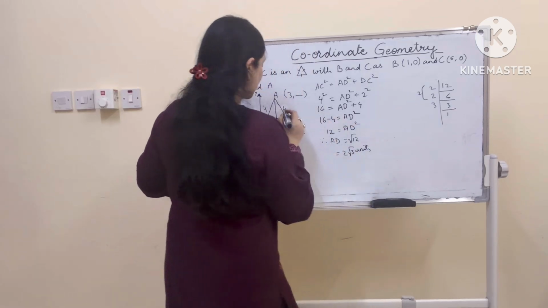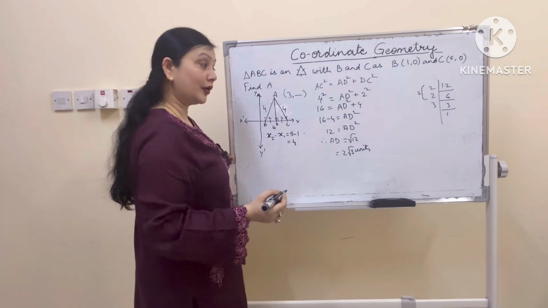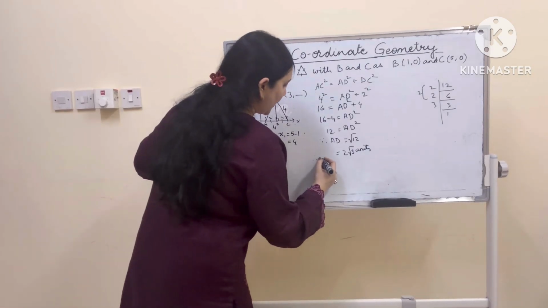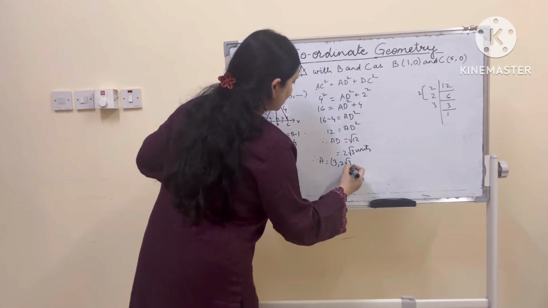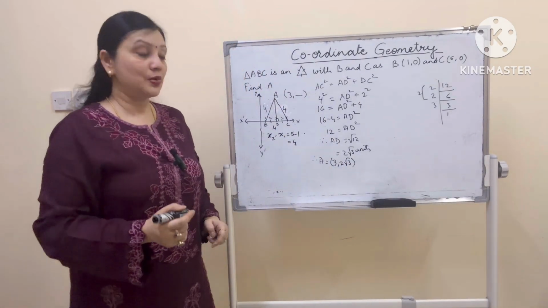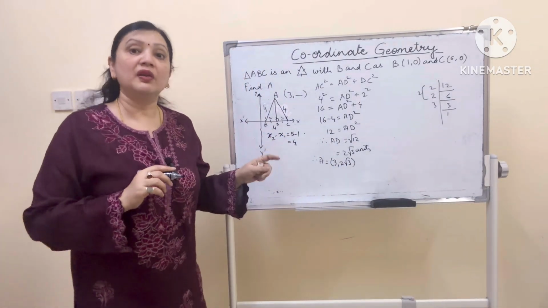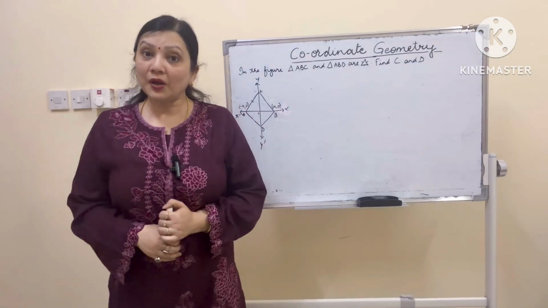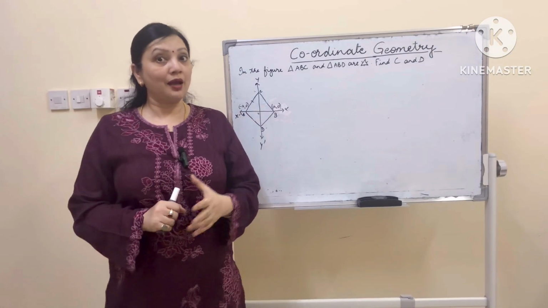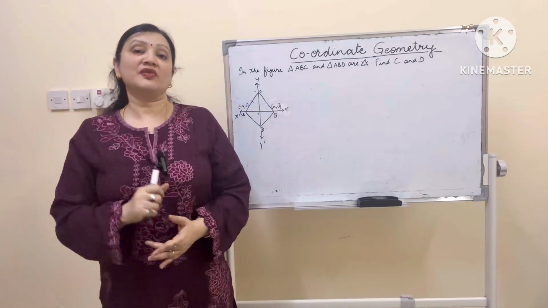Now, if this is 2 root 3 units, that means we have got the y coordinate also. Therefore, A coordinates will be 3 comma 2 root 3. Are you understanding? Did you get the concept of x2 minus x1? We will be using this in our distance formula. Before I write down the distance formula, let us do one last question so that the concept of distance formula